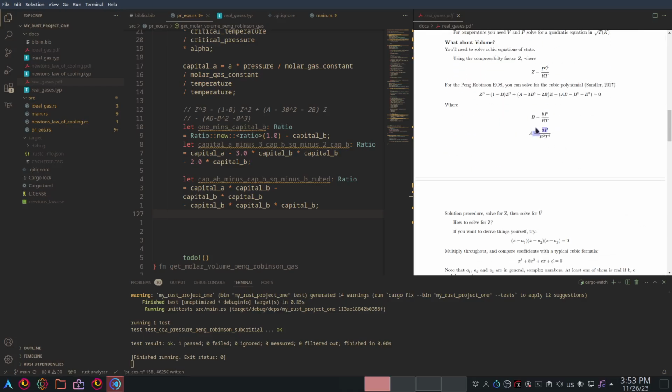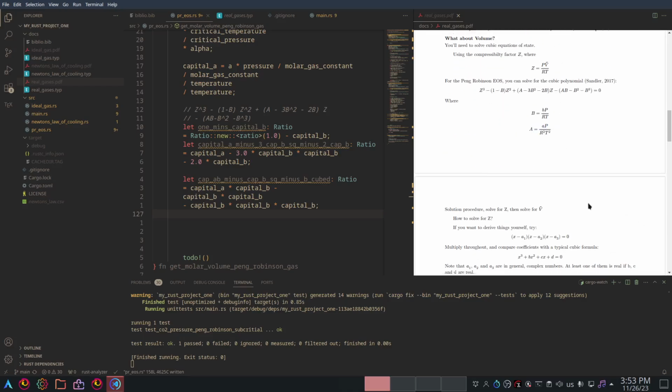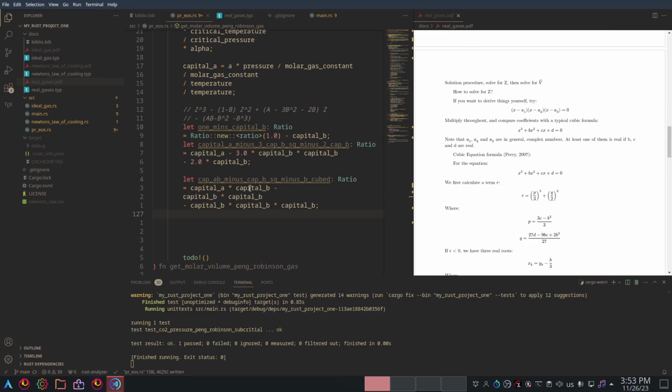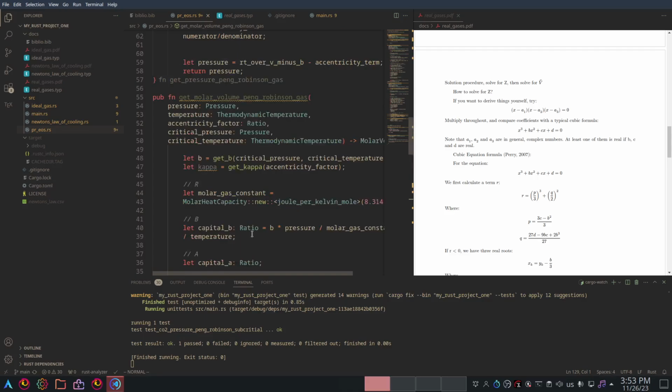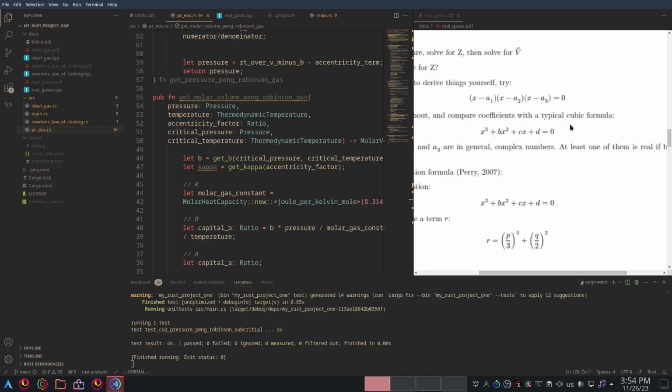So what is next? Yes, we need to figure out how to solve cubic polynomials. From a programming standpoint, there are two ways we can do this if we want to put this in manually. For now we exclude the option of using a package or importing a crate. So what we want to do for now